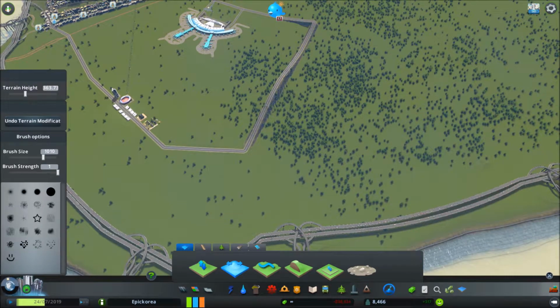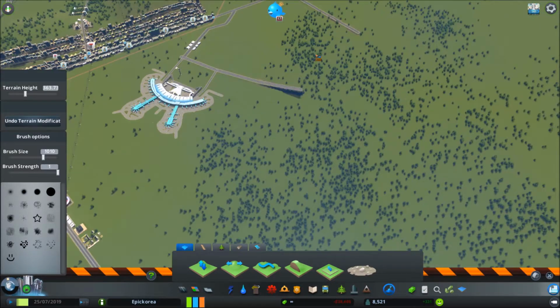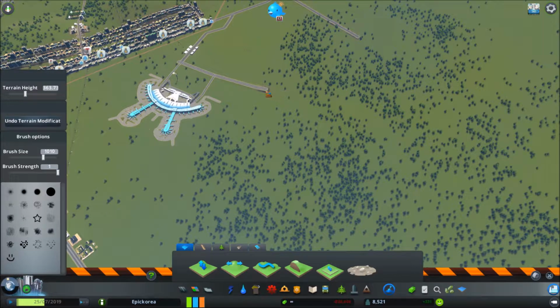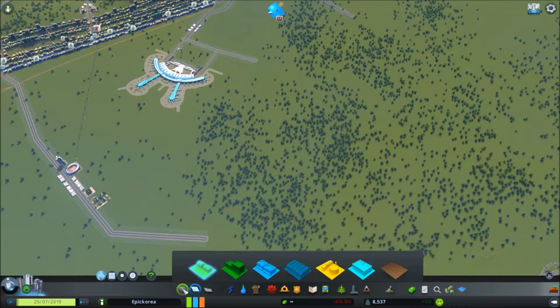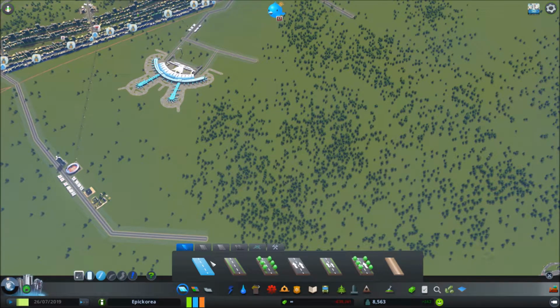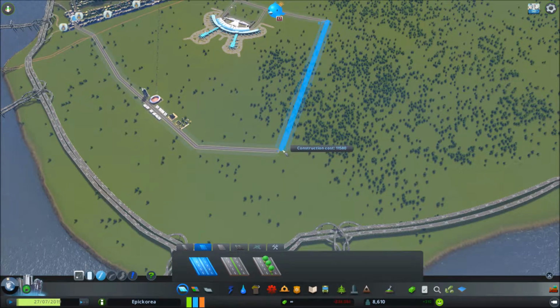Hold on, stop doing this. Okay. You just go through here and fix this road. Because we don't really need that anymore. Now, if I go to roads... this is the road I want, right? Pretty sure. There we go. So now we've put in